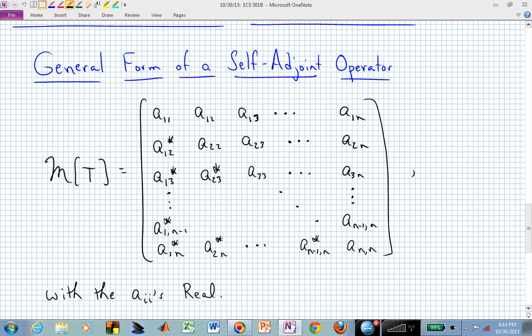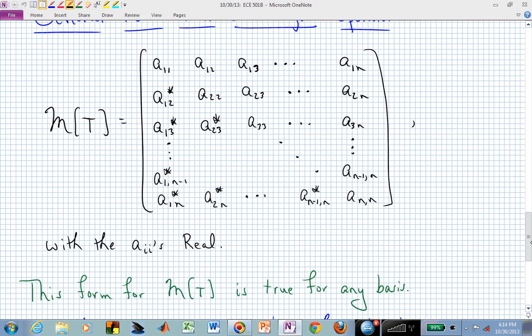And you can start to think about a self-adjoint operator if you were dealing with a real inner product space. Then you don't have to worry about the conjugate operation, and you now know that A12 is equal to A21. A13 is equal to A31, etc. Or A sub 7,8 is equal to A of 8,7 in an 8 by 8 matrix. Questions on that? That's just the generic structure